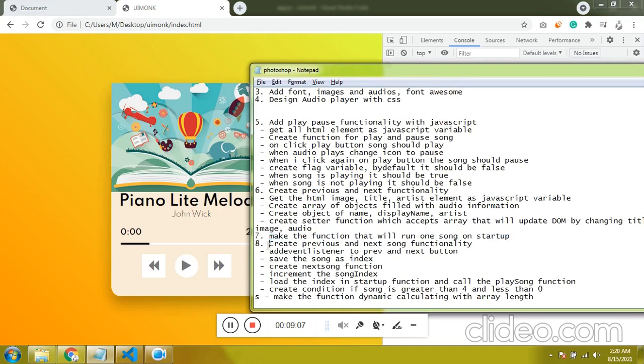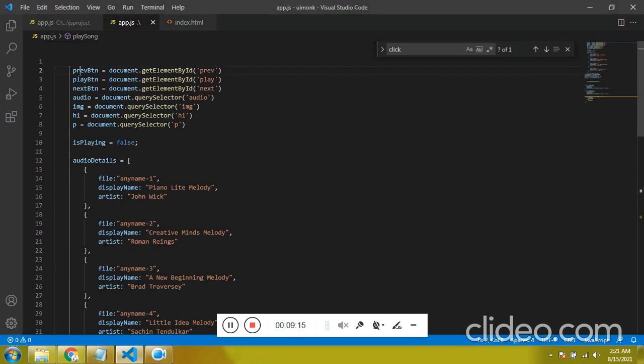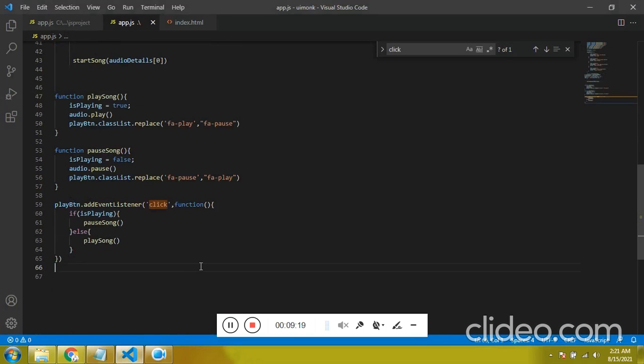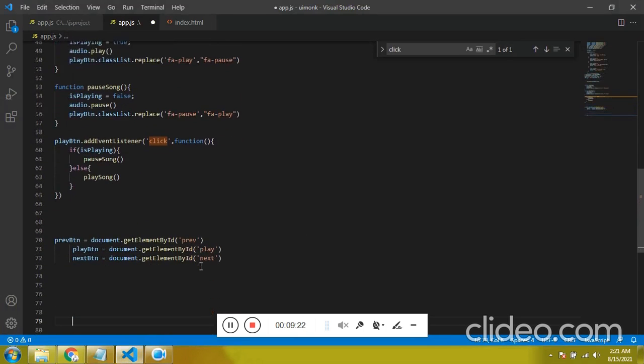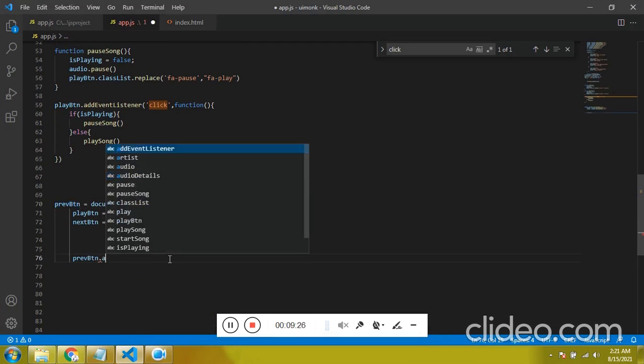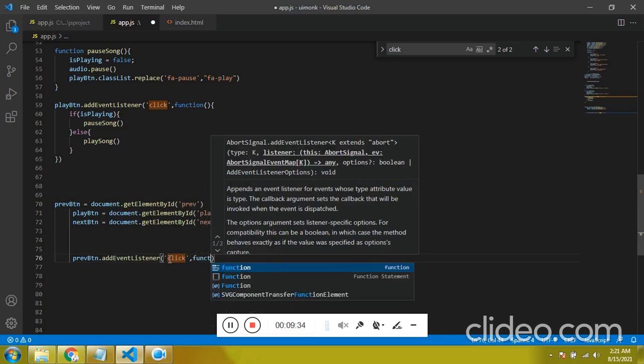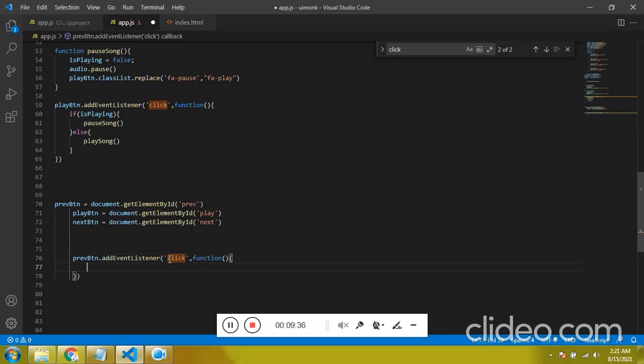So now let's create the previous and next functionality. So since we have the variable which we have already created, just to understand, the previous button dot add event listener. So if I click on it, I want a function to get executed.